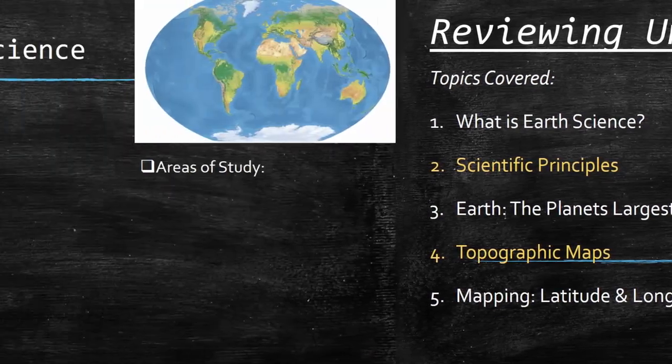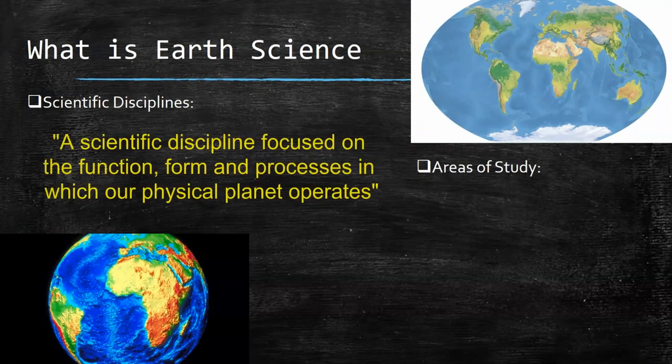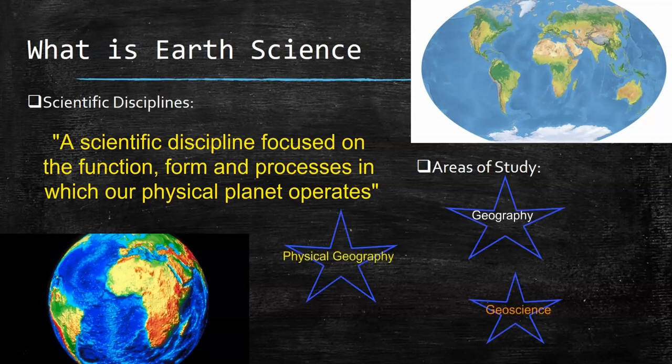So what is Earth science? Now, Earth science in the US is an area of study looking at how the Earth functions, its processes, both physical, chemical, and biological processes that contribute to the Earth functioning. Now, in other parts of the world, like Europe or Australia, it could be called geography or physical geography or